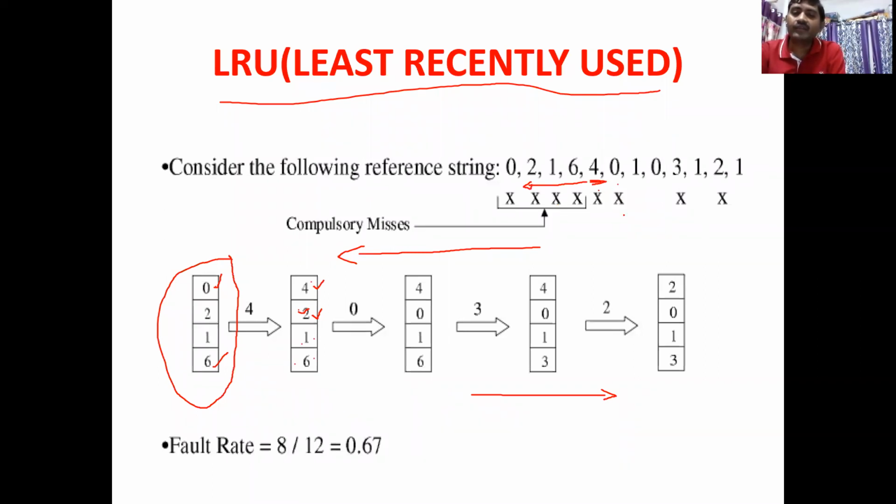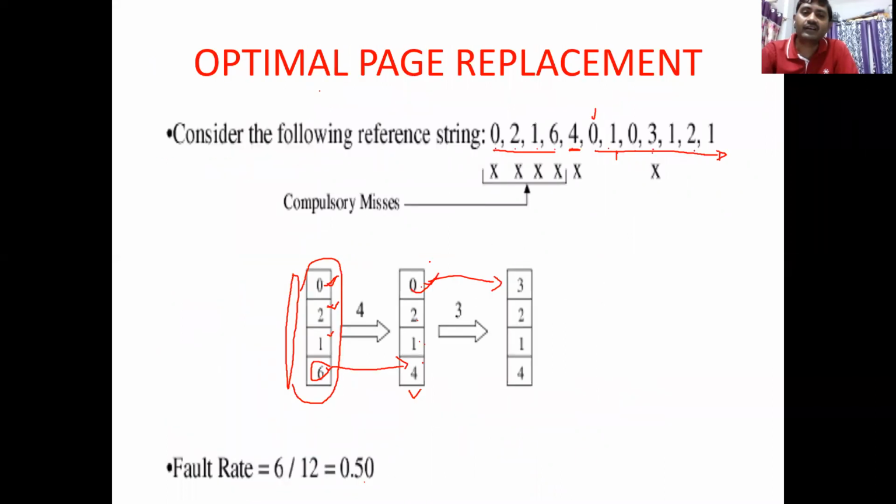Okay, and whereas the optimal algorithm, what is it doing? The optimal algorithm is looking forward, right? And first in first out is generally whichever comes in first is going to go out. There are a few more algorithms like last in first out, LIFO, similar to your first in first out. The next one is NRU, not recently used. These two we are not discussing, as they have disadvantages and are not in our syllabus, right? So these are the page replacement algorithms.